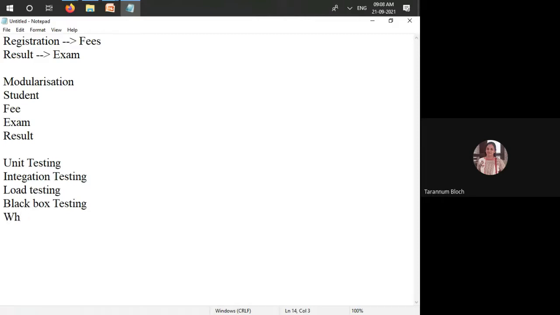Another one is white box testing. White box testing happens by giving the appropriate input and checking whether it's working as per expectation or not. For example, after registration, it should give me the message that you are registered, and it has to redirect me to the login page. Right? It should allow me to do the login. And when I enter the correct input, it should take me to the dashboard. So this is white box testing, where we are checking whether it's as per the expectation or not.